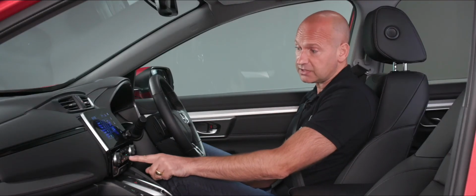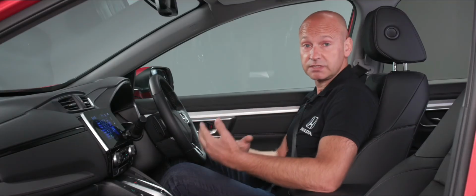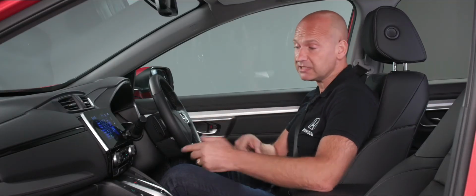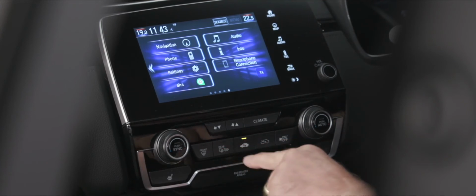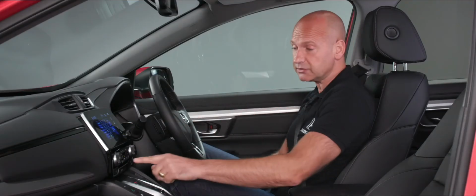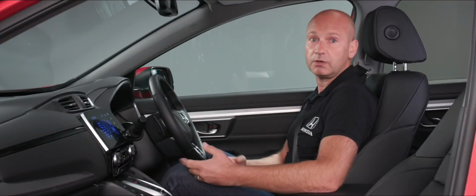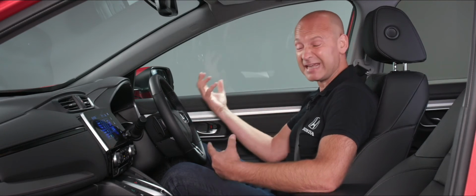Moving across now, we've obviously turned it on. We've got the fresh air coming in. If you wanted to just keep the air inside the cabin recirculating, you'd press the next one along. Next one along says rear, so this has got a picture of the rear screen and also the door mirrors. When we press that one, it's the heated rear screen and also door mirrors, getting those elements heated up to